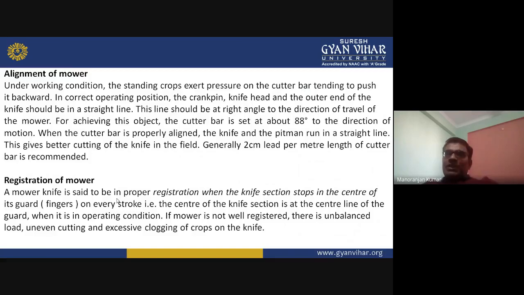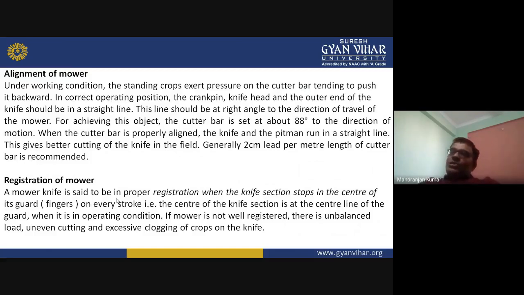For achieving this, the cutter bar is set at about 88 degrees to the direction of motion. When the cutter bar is properly aligned, the knife and the pitman run in a straight line. This gives better cutting of the knife in the field. Generally 2 centimeter lead per meter length of the cutter bar is recommended.